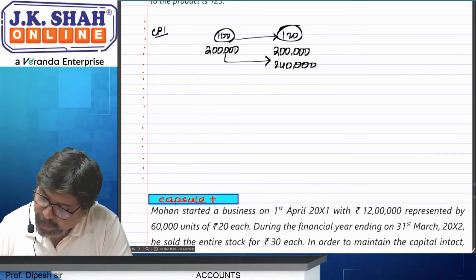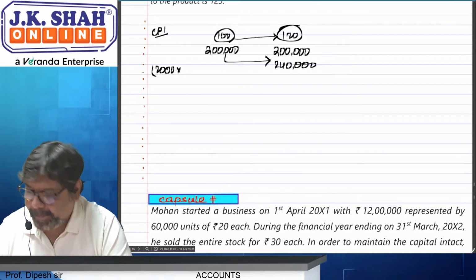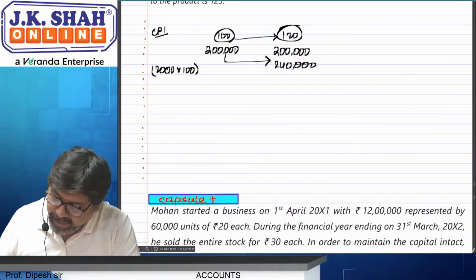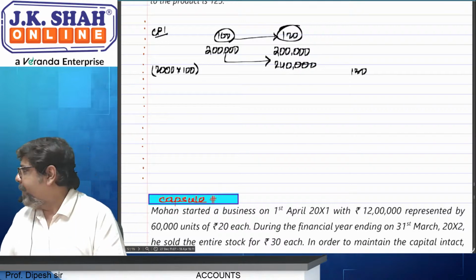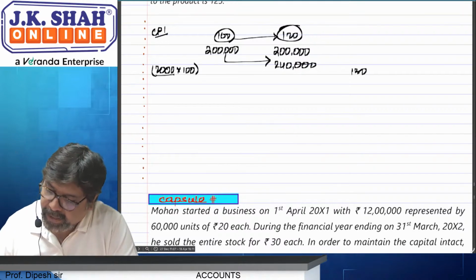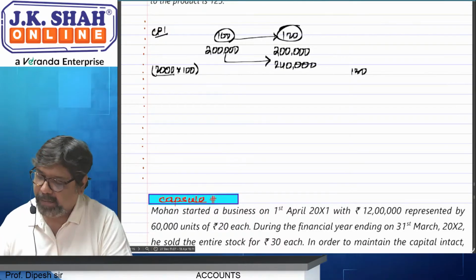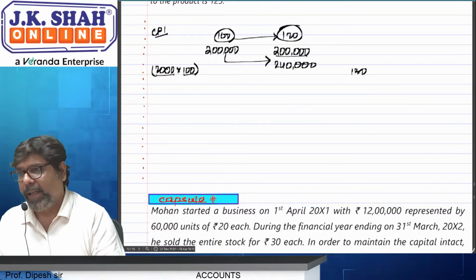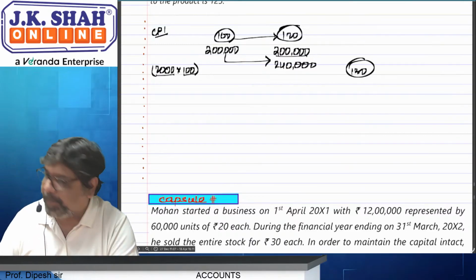Now chartered, suppose when you started the business, opening capital was how much? 2 lakh. With 2 lakh you could purchase 2,000 units of an article at rupees 100. Now chartered, the market price of that same article has become 130. So your capital should have been how much? At the start of the year you could purchase 2,000 units of an article at what price? 100. At the end of the year your capital is how much? 200. If you want to purchase the same 2,000 units, then what price do you have to pay now?